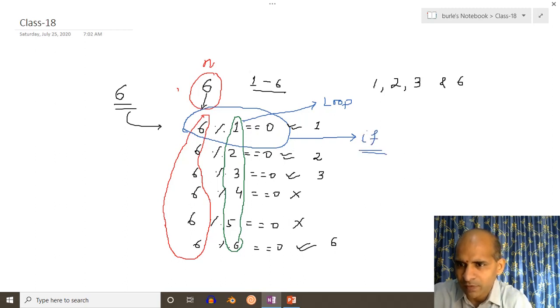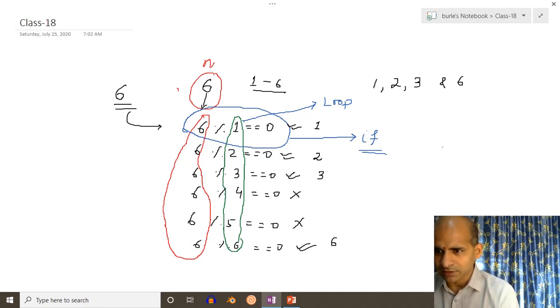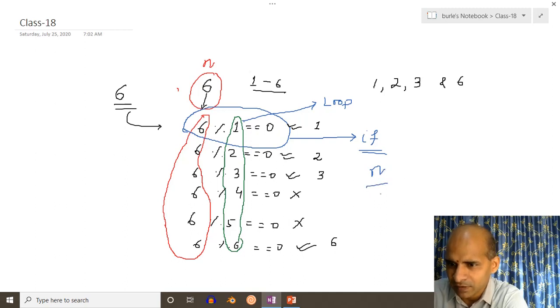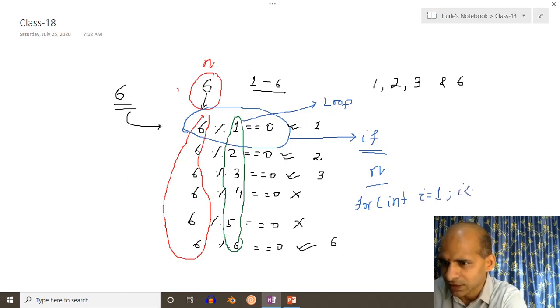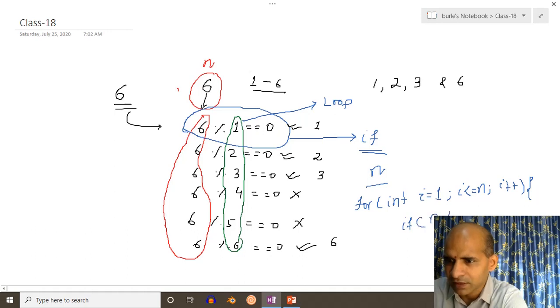Whichever if statement becomes true, we display the loop variable. So assume we have accepted the value in n, then for int i equal to 1, i less than or equal to n, i plus plus, apply the condition if n mod i double equal to 0, then simply display i.